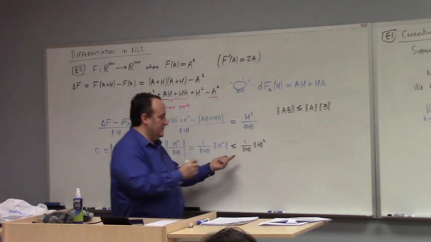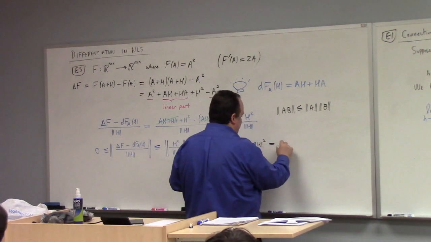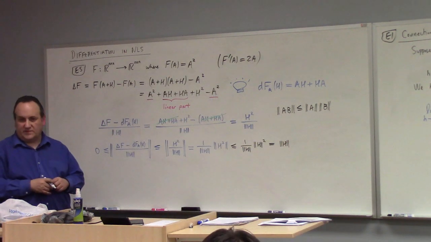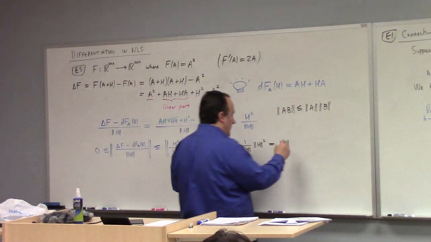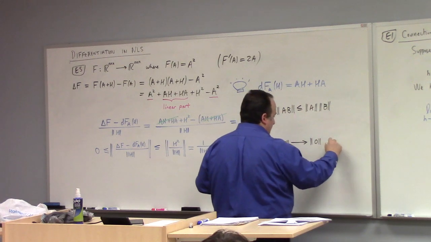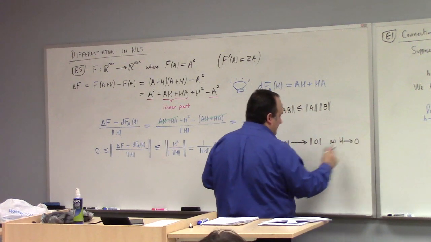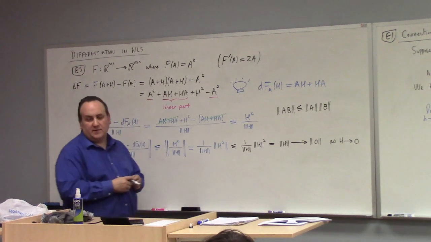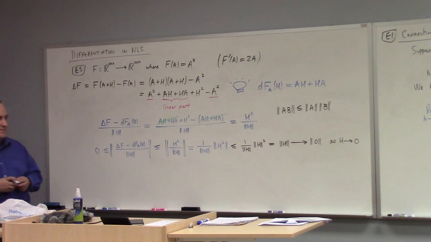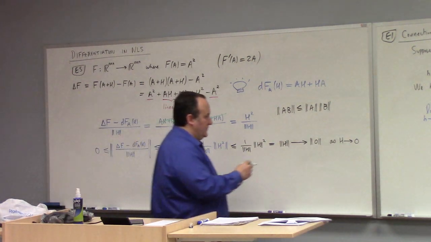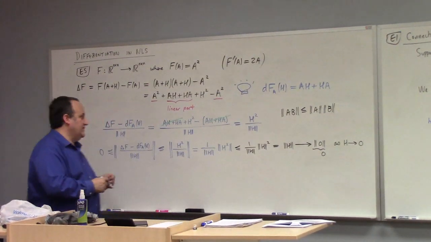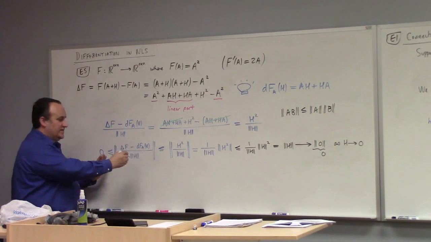Anyway, so this is the norm of h, which goes to 0, right? How do I know that that goes to 0? That goes to the norm of 0 as h goes to 0. What am I using there? Continuity, which we proved, that the norm is continuous. So indeed, plug in 0. The norm of 0 is 0. So what I've shown is that the norm of the Frechet quotient, by the way, this is called the Frechet quotient,